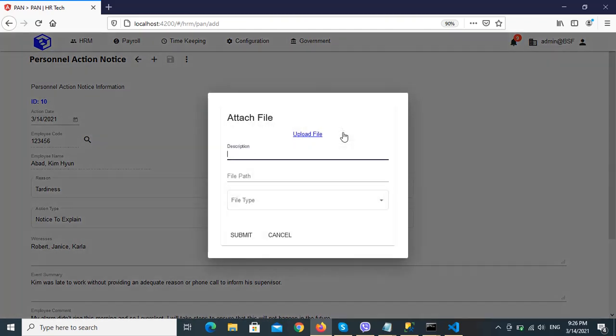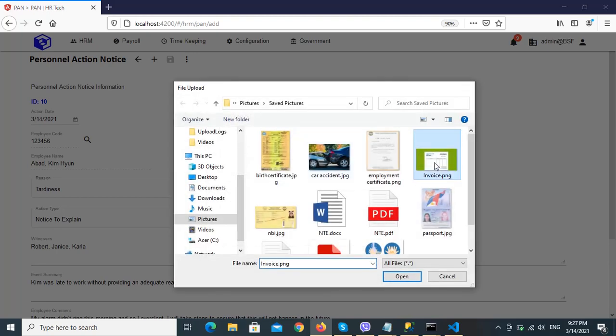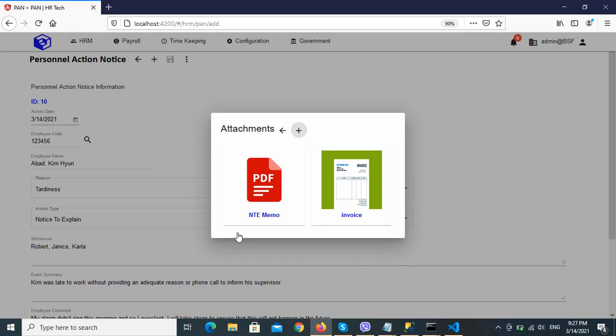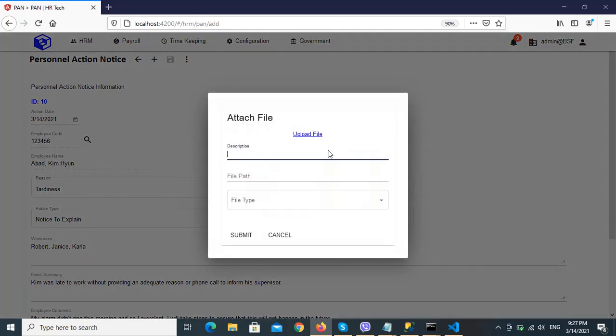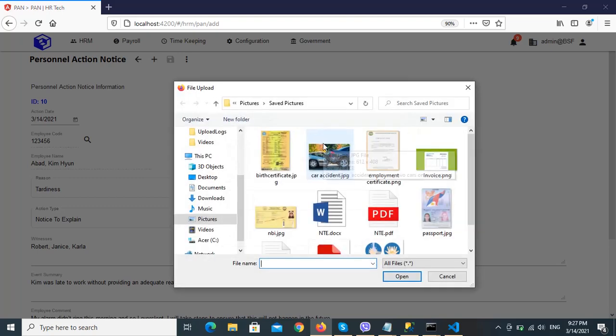So let's say if it is about a complaint by the customer regarding a wrong invoice, for example, so we can attach that wrong invoice here like that, and then submit. Okay, so we have now 3 attachments. For example, it's a car accident. Okay, so we can also attach a picture of the accident, no? So we say car accident picture. Okay, so we will upload the car accident